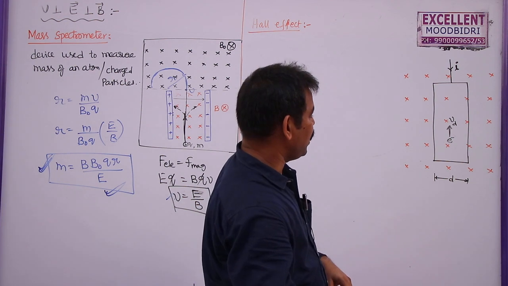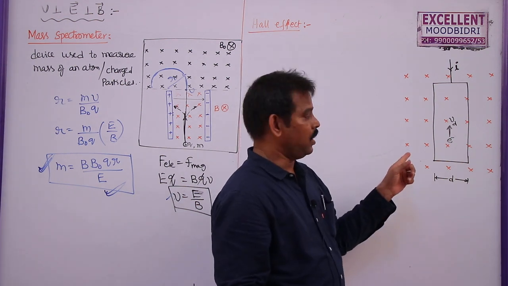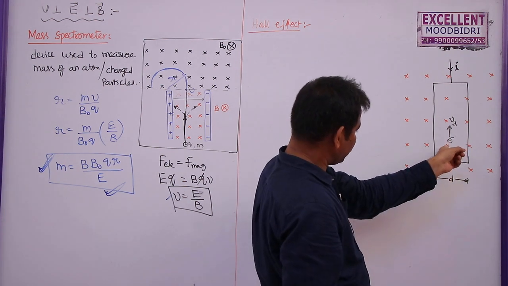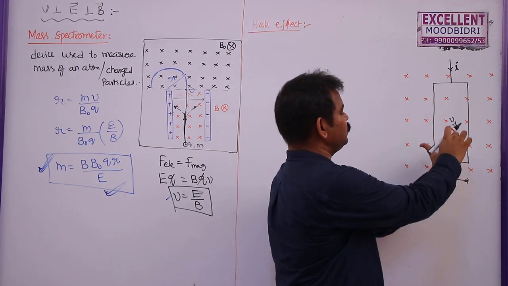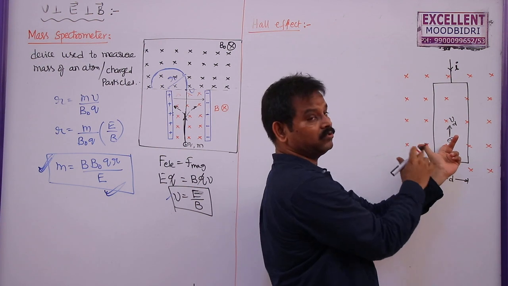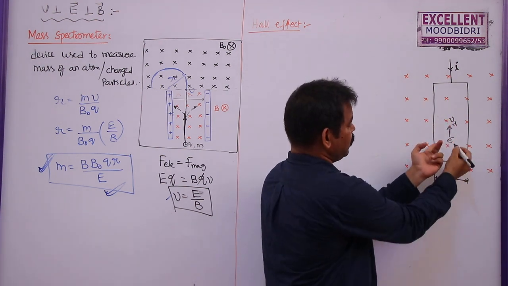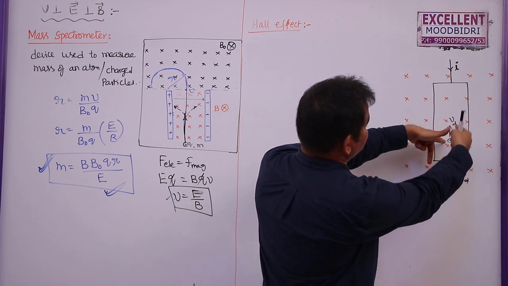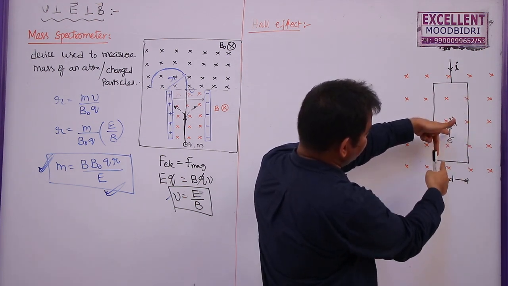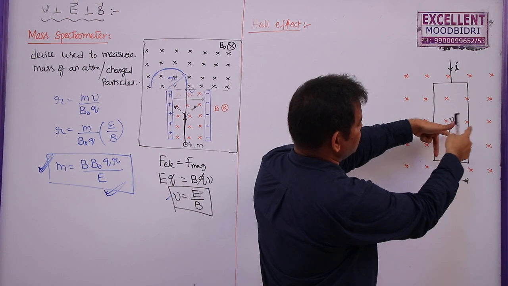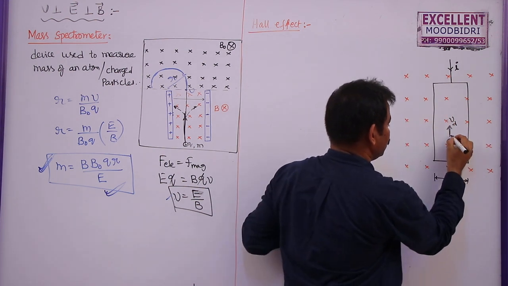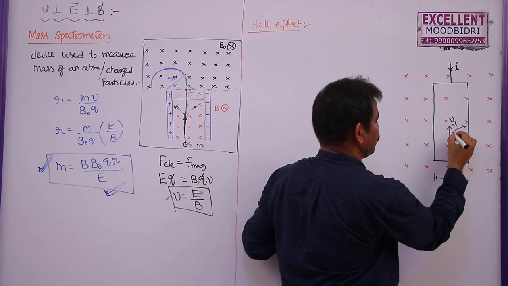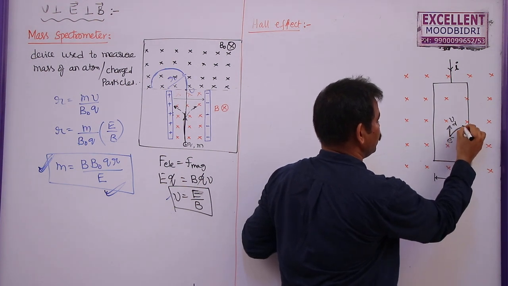While drifting, what happens? Now let me apply Fleming's left hand rule here. This is the field which is acting into this, and the charge will of course move in this direction if it is positive. But here the electron is a negative charge particle, so we have to keep it like this. Negative charge is moving up, that means positive charge is moving down. Due to this, the electron will experience a force in the rightward direction. So the electron will travel in this direction. It will not travel in a straight line. Due to this velocity, it will move in this direction.